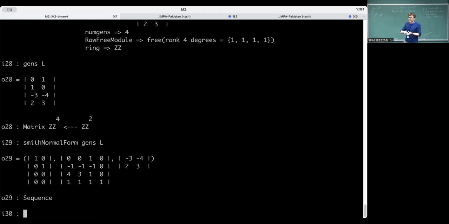Who likes abstract algebra? The Smith normal form is a really cool device. When you have a finitely generated abelian group, it allows you to compute the presentation, in terms of